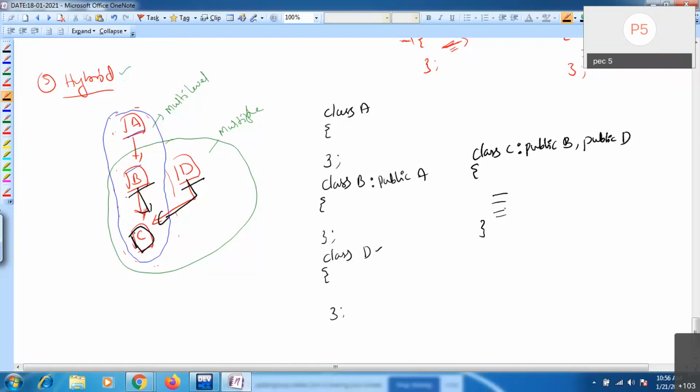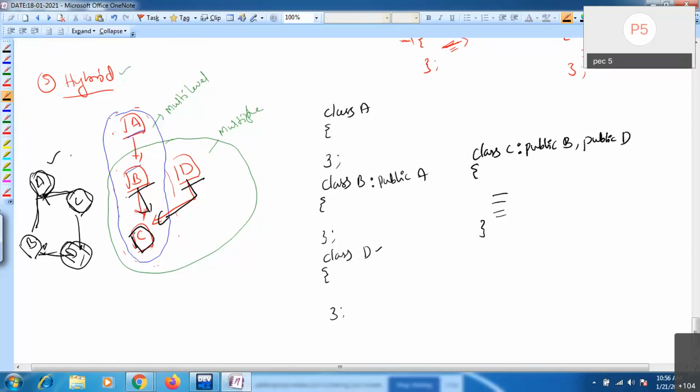A combination of two. You may go with any two. For example, A is there. A is deriving B, and this one is C, and you can go with D. In this way also you can go. Two inheritances are there here. This one is one base class, two derived classes. This is hierarchical. Coming to here, two base classes for D, two base classes and one derived class. This is multiple.